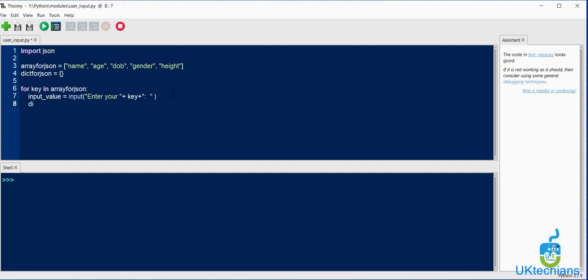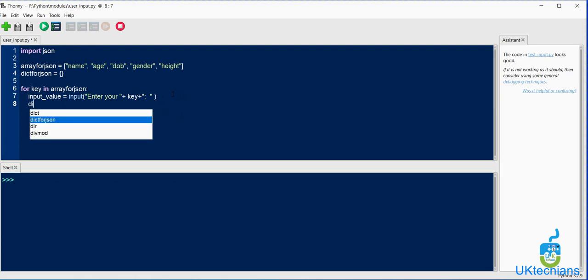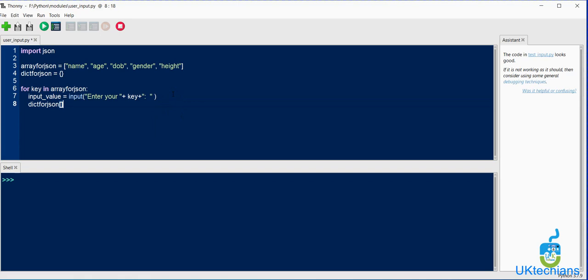So in the dictionary for JSON, it will store the key and this will be the value, the input value, right? And then in the last, when these are filled, a variable a will store json.dumps.